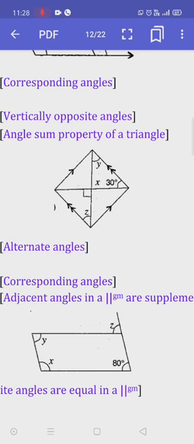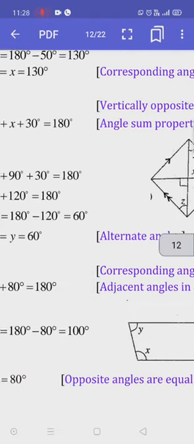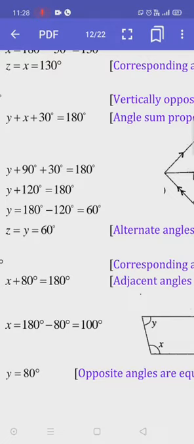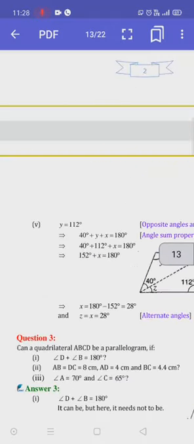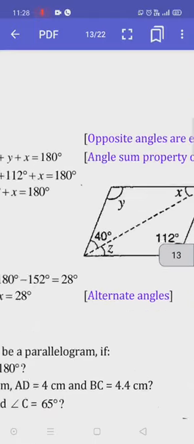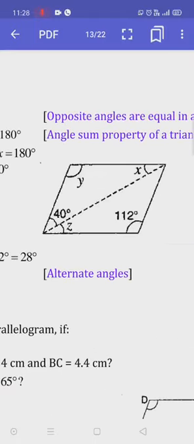Now you know in a parallelogram opposite sides are equal. Okay, so see the diagonal. The diagonal will play the role of a transversal. So if lines are parallel and a transversal is there, y and z are called alternate interior angles. Alternate interior angles are equal. So y equals z, 60 degrees. Okay, now the fourth part you can do. I am going to explain the sixth part. In the sixth part again a parallelogram is given and we have to get the value of x, y and z.